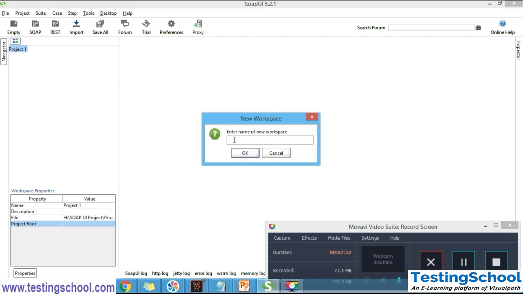Click on this. We can give the name of the workspace. For example, we can start with the currency converter project, because this is mainly an easy WSDL file. Easily we can understand it because it does not have many operations. It has only 1 or 2 operations, so it will be helpful for us as new learners. So I can give this workspace for only currency converter. We have to click on OK